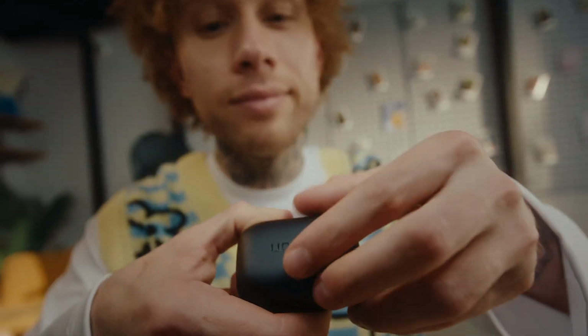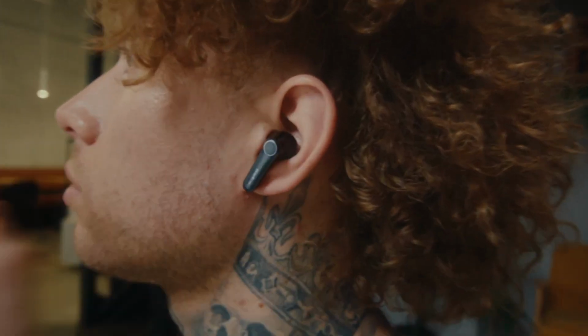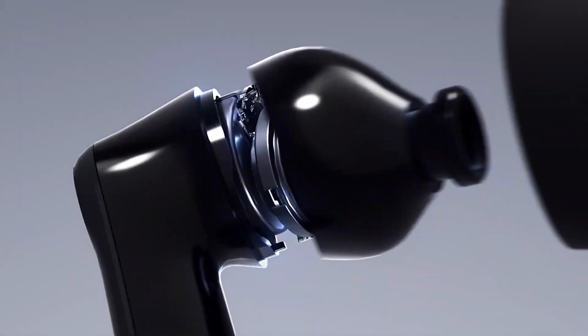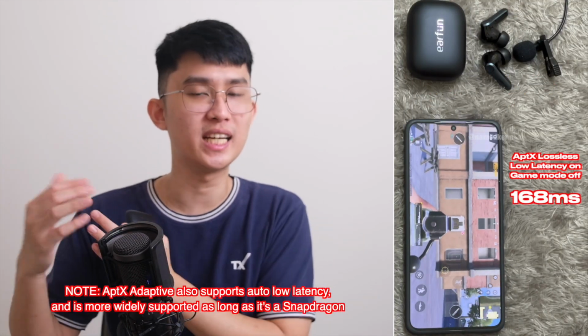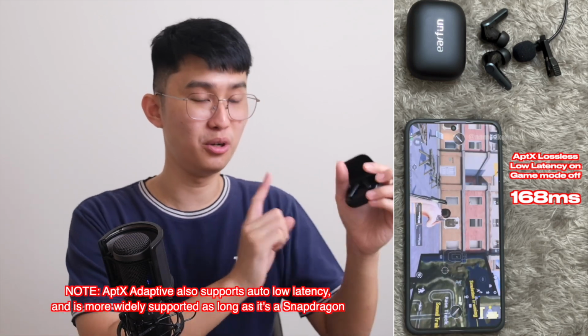Aside from that, you get Google Fast Pair, LDAC, and aptX lossless support, like I said at the start. Let me say it straight. All of these high-res codecs drain 1 to 2 hours more battery and give you a probable placebo of up to 10% sound quality increase. But LDAC is more widely supported, or if aptX lossless is available on your phone, which is Snapdragon 8 Gen 2 or above, you can also enjoy automatic low latency mode